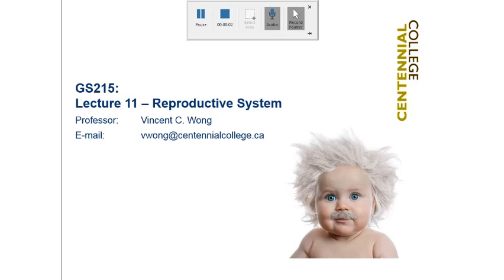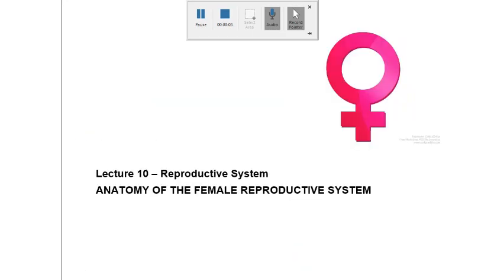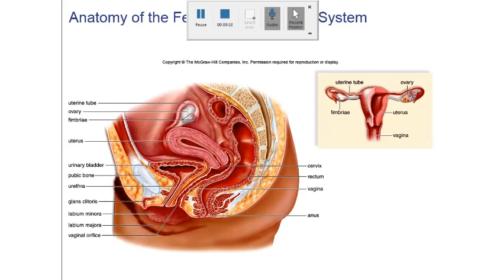Lecture 11, Reproductive System. So let's begin by looking at the female reproductive system first. Here we have a mid-sagittal section of the female reproductive system, and you can see some familiar structures that we learned in the earlier lectures. For example, that is the pubic bone, also called the symphysis pubis. That's where the two pubis bones join together at the front, right? Part of your pelvic girdle, the pubis bone at the front joins through this symphysis pubis,